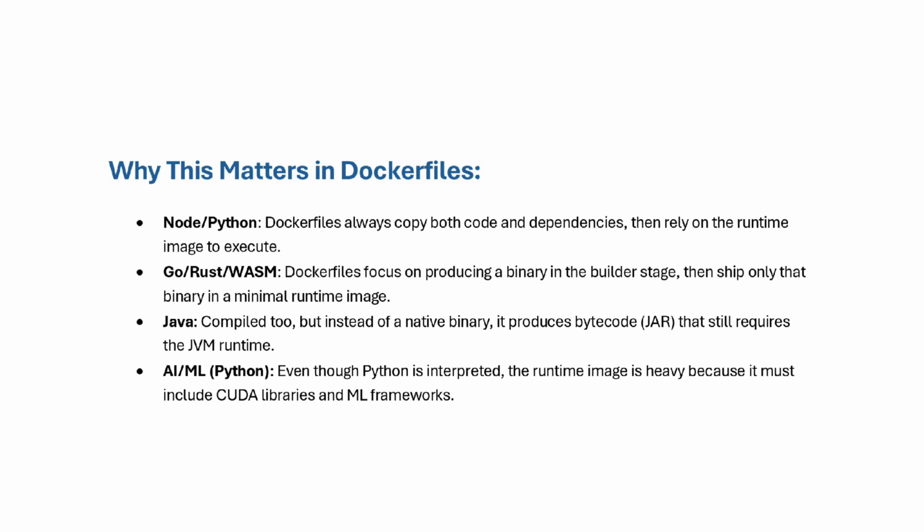So why does this matter in Dockerfiles? For Node or Python, Dockerfiles always copy both code and dependencies, then rely on the runtime image to execute. For Go, Rust, WASM, Dockerfiles focus on producing a binary in the builder stage, then ship only that binary into a minimal runtime image. In Java, you compile too, but instead of a native binary, it produces a bytecode jar that still requires the JVM runtime. AI/ML with Python: